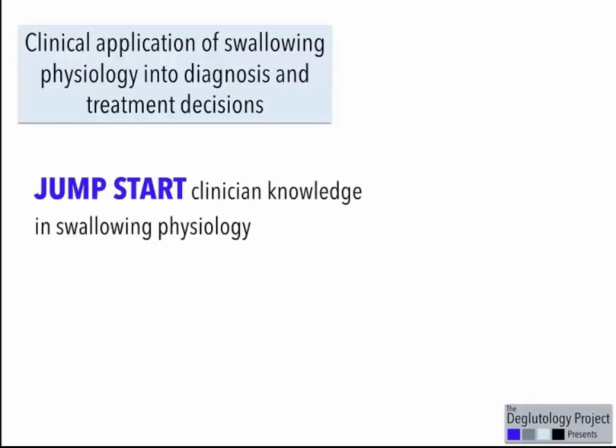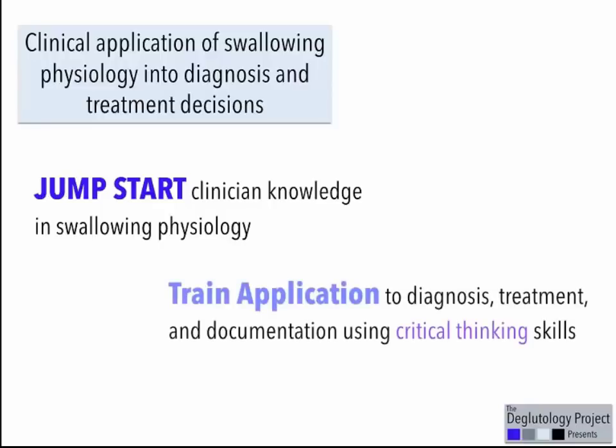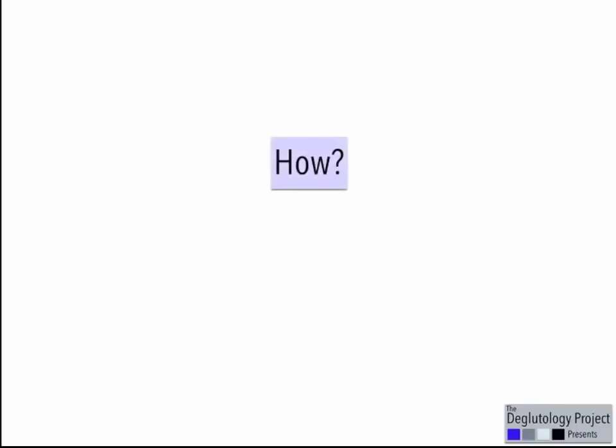So that tells me that there's a need to jumpstart clinicians' knowledge in swallowing physiology, as well as both formal and informal training that's needed to help apply critical thinking when incorporating swallowing physiology. So you might be wondering how we might do this. Well, there's a long-term approach that I'm going to suggest and a short-term one that I think we can address in this talk. One long-term approach is to consider